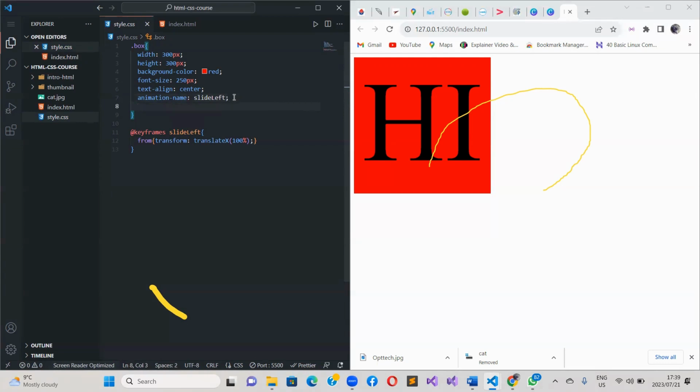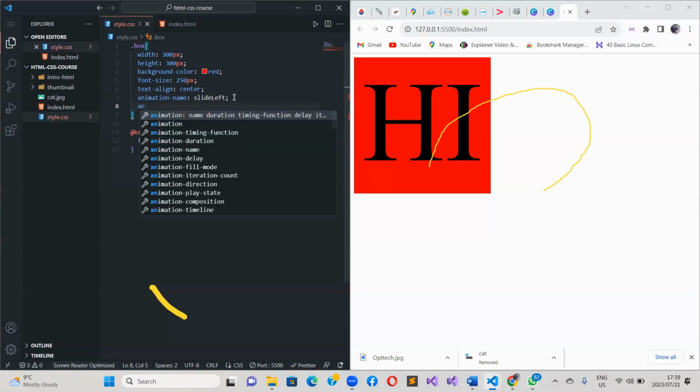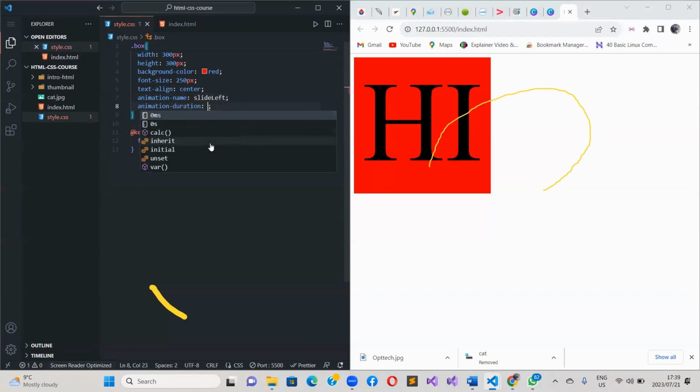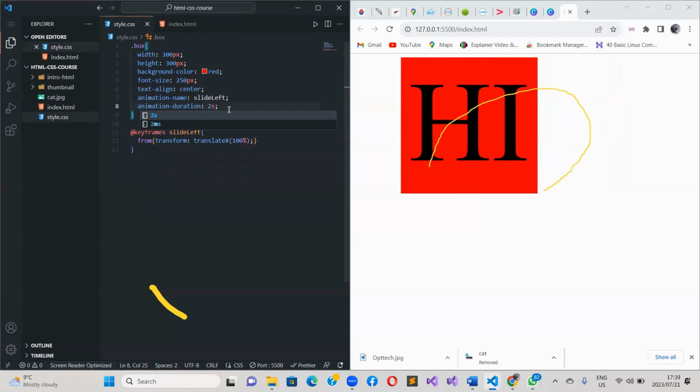So now we are going to put time. Let's put animation duration. Let's start with 1 second. You see what's happened? Let's put 2 seconds. You see,